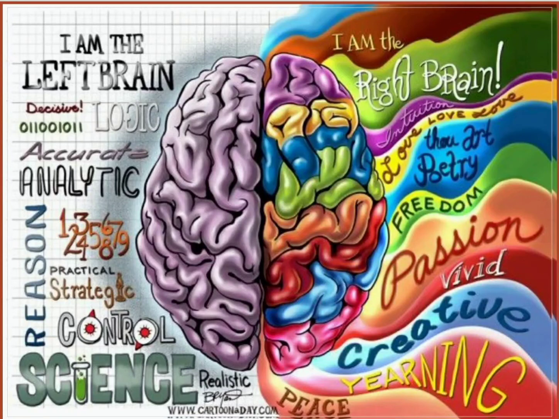And the right side of the brain is a very different story. The right side of your brain controls your intuitions. If you are frightened of anything, that is controlled by the right side of the brain. If you like poetry, if you like art, if you like drawing, if you like singing, if you like dancing, all this is controlled by the right side of your brain. How free you are with one another, the freedom that you love to live with, this is controlled by the left side of the brain.